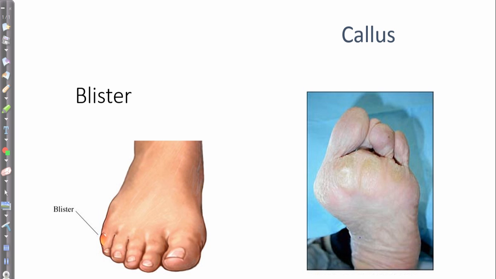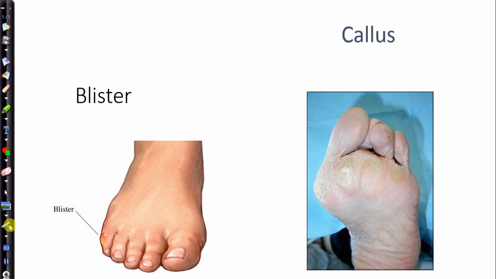The outer layer of a blister, the outermost part of the blister, that actually is epidermis, and then the fluid that's in there is going to be a serum. It can be blood. You can have a blood blister. You can get blood accumulating in that. You also can get pus, which is showing that there's a bacteria or there's an infection going on, or white blood cells are involved, and you're accumulating pus. So a blister is usually caused by friction or other forces, which can cause a separation of the epidermis and